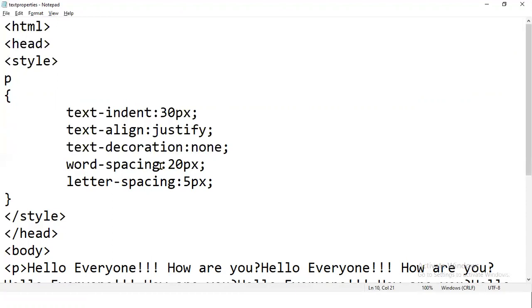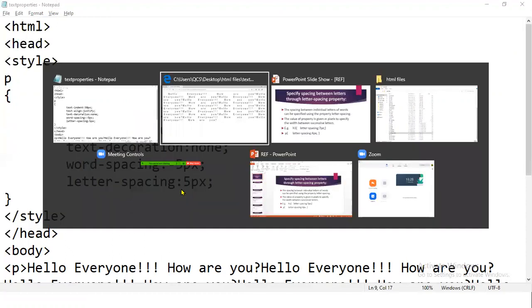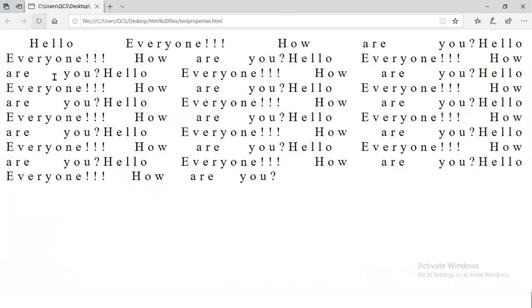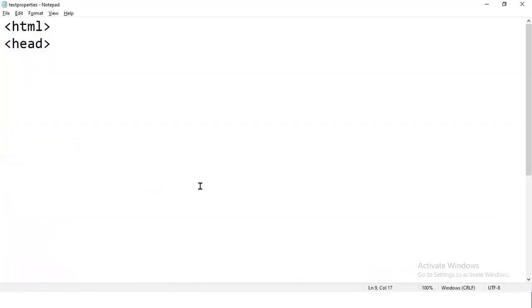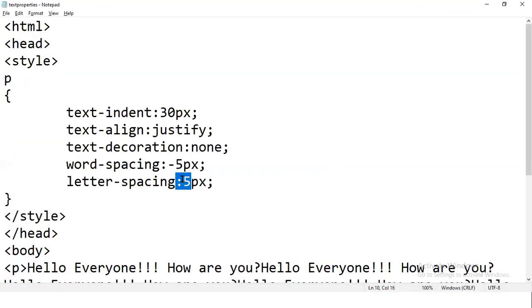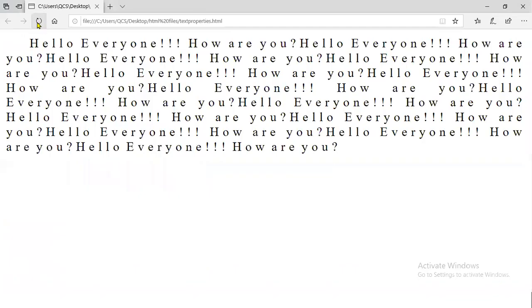Some people must have the question: if we use a negative value in word spacing, what will happen? For example, I'm using -5 word spacing value here. Let me put letter spacing equal to 0, then you will have the effect of that particular property.